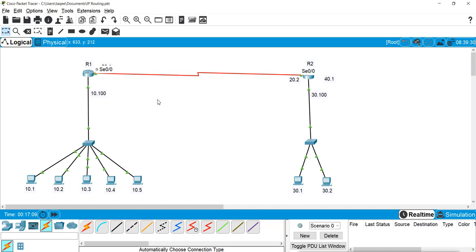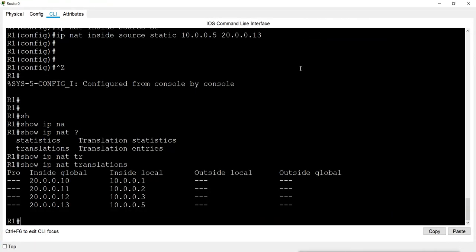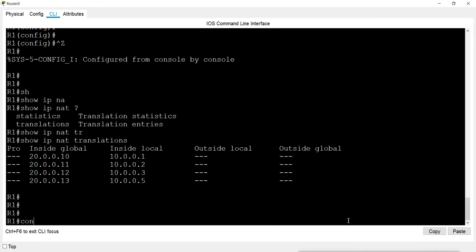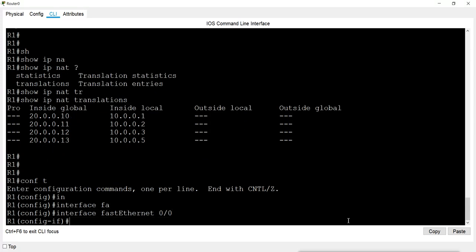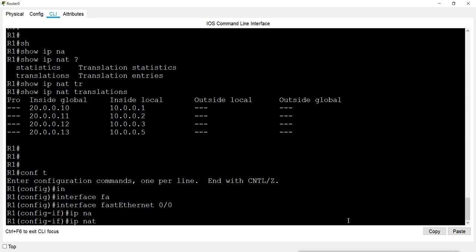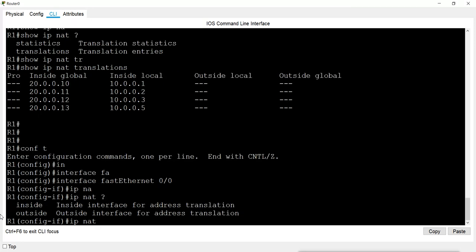So the same way, we apply the NAT translation also. Because they are going in from this interface, I will configure NAT inside on this FastEthernet interface, and on the other interface they are going out, so we can configure outside there. So I will go to the router now, go to interface FastEthernet 0/0, and give the command ip nat, and when you give a question mark, it asks what you want: to translate inside or outside.